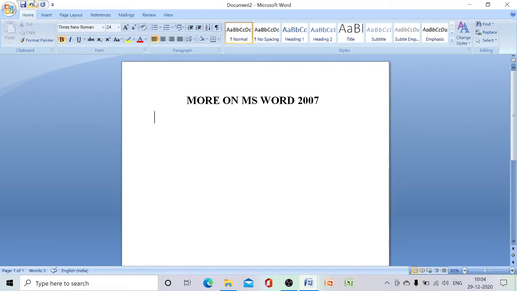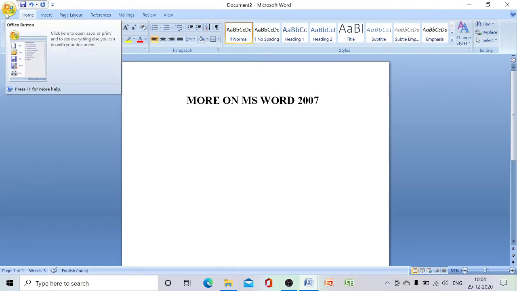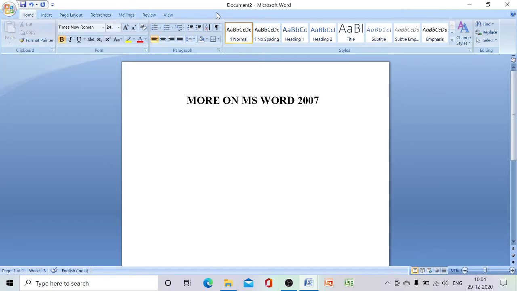Here you can see the quick access toolbar, the office button, and the title bar. This is the cursor, the blinking line on the screen. At the bottom you can see the status bar, and the minimize, maximize and close buttons. These are the components that we can see when we open MS Word 2007.